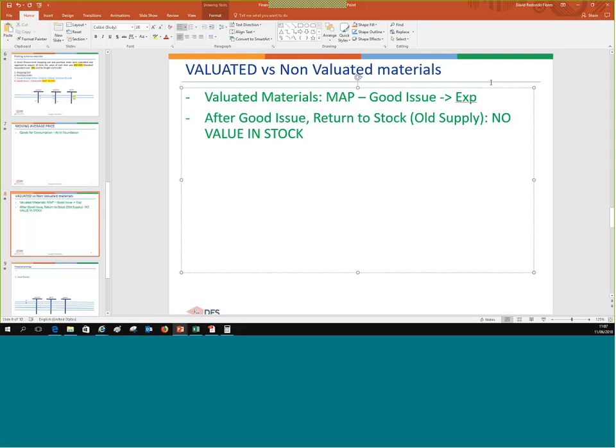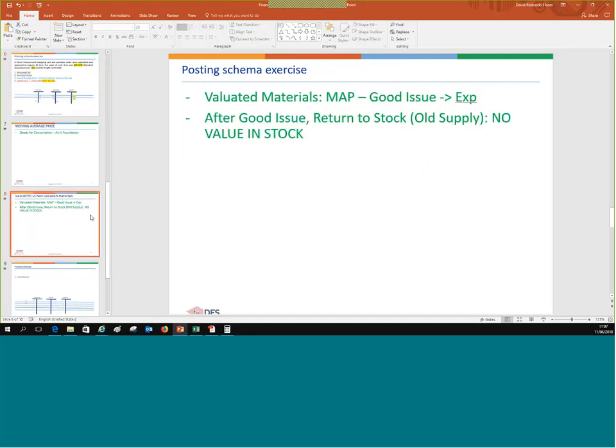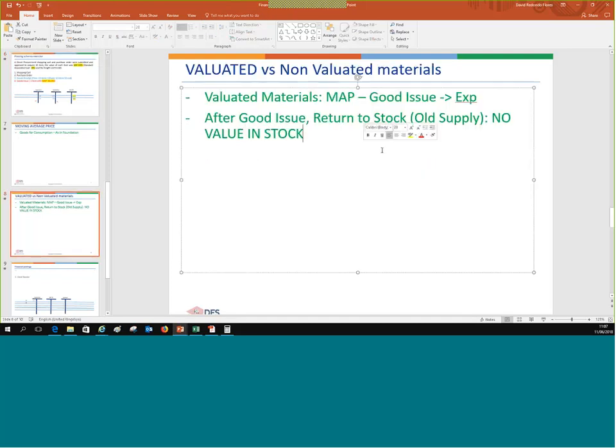So now I'm getting some more questions. I guess it's about this scenario. So sorry, let me complete the picture. I'm saying valuated materials. So what are non-valuated materials? And this is also a bit complex, a bit confusing. Non-valuated materials